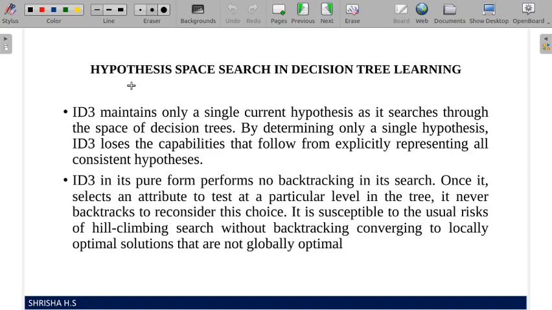So what is a locally optimal solution? Your basic requirement is to pick a good mango. Instead of checking all the mangoes, you take the first good mango you get. There may be better mangoes still, but you select whichever mango passed your primary criteria of goodness. That is locally optimal. You have to board a bus and you are in a hurry, you have to choose mangoes from a fruit shop. So directly whichever you get which satisfies your basic criteria for a good mango, you pick that one. You don't go into other things.